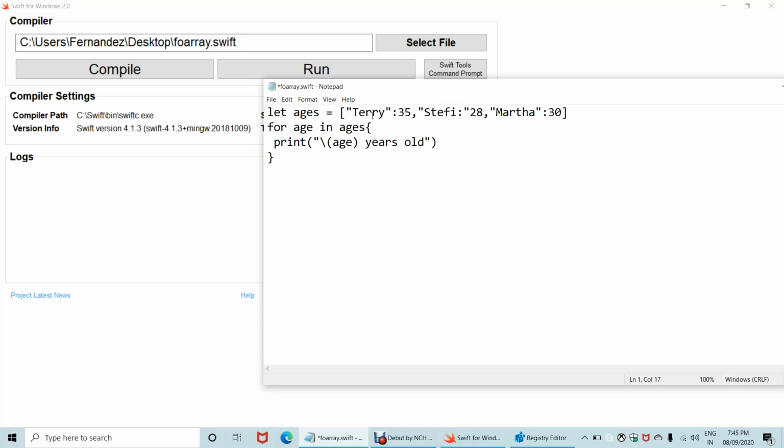We have a string value and an integer value. So you need to iterate with 2 values here. If you want to iterate with 2 values, make sure you put a circular bracket around that iterator. Firstly we had just an age iterator. Now we'll have one more iterator. Let's put name and age, so that it's understandable for programmers when they see a program like this. So we iterate with name and age in ages, and we have to print both the name and the age. Let's put name here.